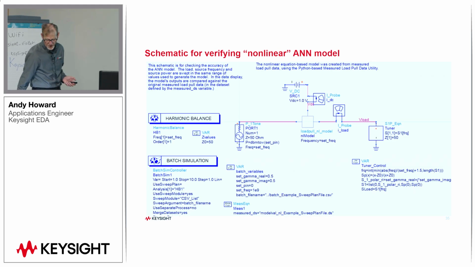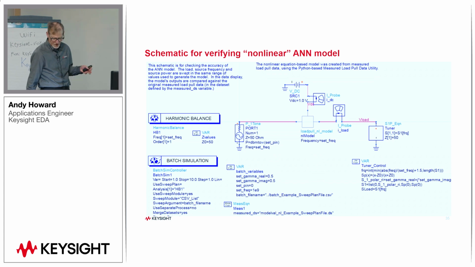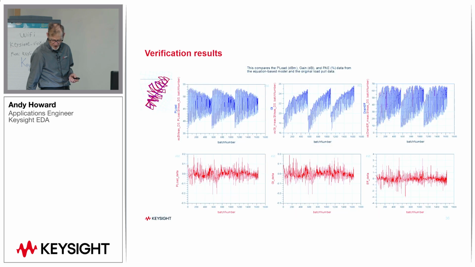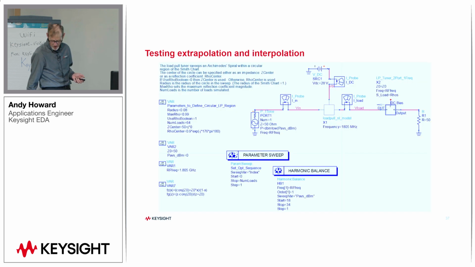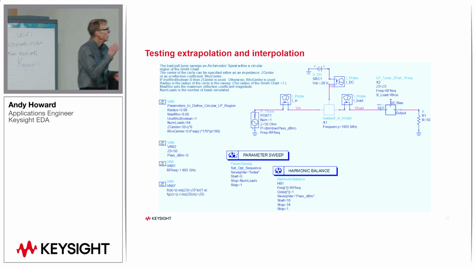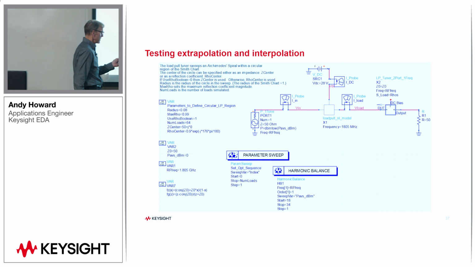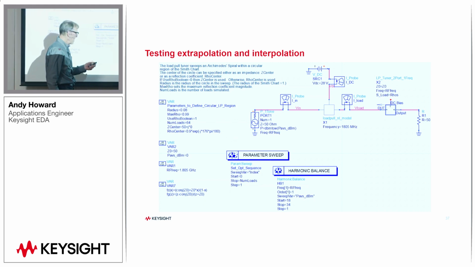And this is a method of verifying the nonlinear model. It's the same as before with the lookup table version of the model. And this shows that we have good agreement. The error is fairly small across power, gain, and efficiency. And this was a test of extrapolation. So this is a different type of model. It's a nonlinear model, and